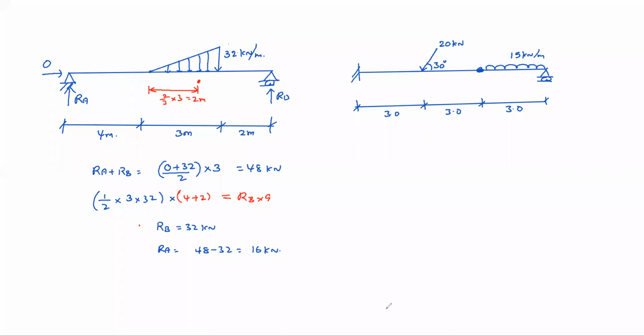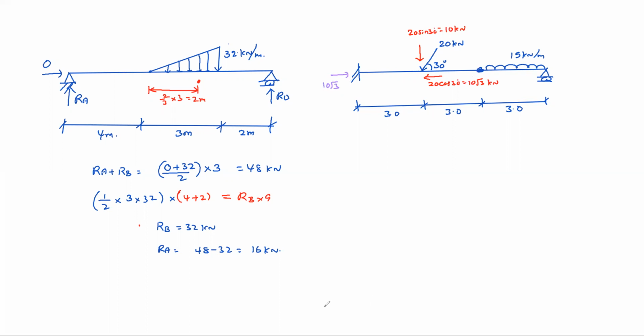So the horizontal and vertical components of these reactions are as follows. The 20 force gives 20 sin 30, which means 10 kilonewtons vertical, and horizontal will be 20 cos 30, that is 20 root 3 by 2, that is 10 root 3, right? So the reactions are like this. Here the horizontal reaction you can expect is 10 root 3. Then the remaining things are like this.